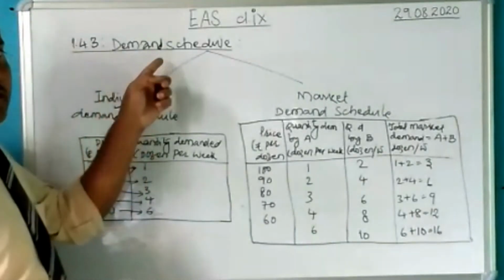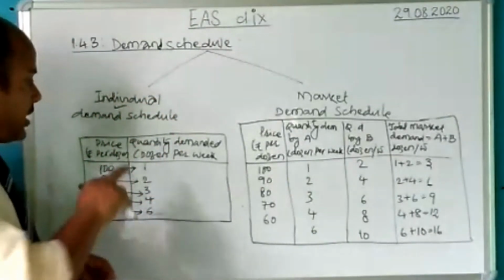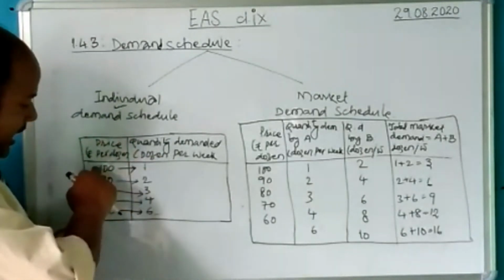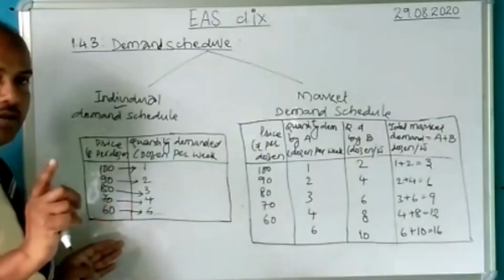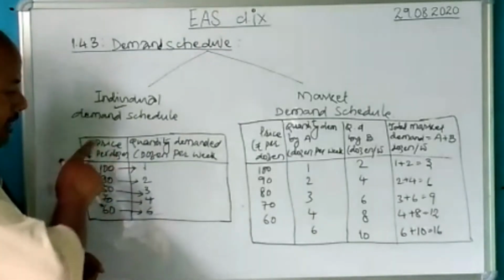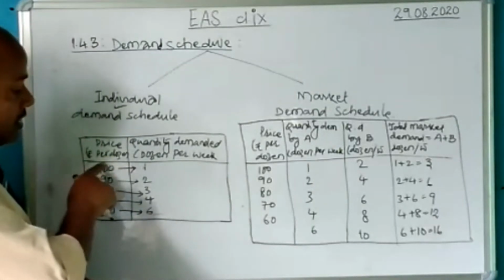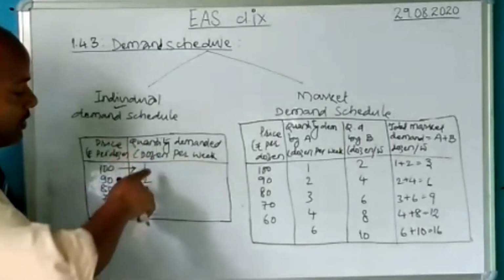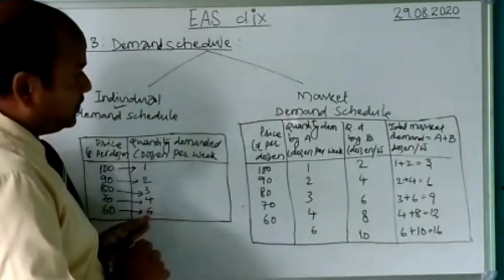If the demand schedule is for one person or one family or one household, then that is individual demand schedule. Now try to understand this. This is the price, and at this price, these are the different quantities purchased by a consumer, one person or one household. So this is individual demand schedule. Very carefully, this side shows the price and rupees per dozen must be mentioned, and this side shows the quantity demanded, dozen per week, time has to be mentioned. Understood? So this is individual demand schedule.